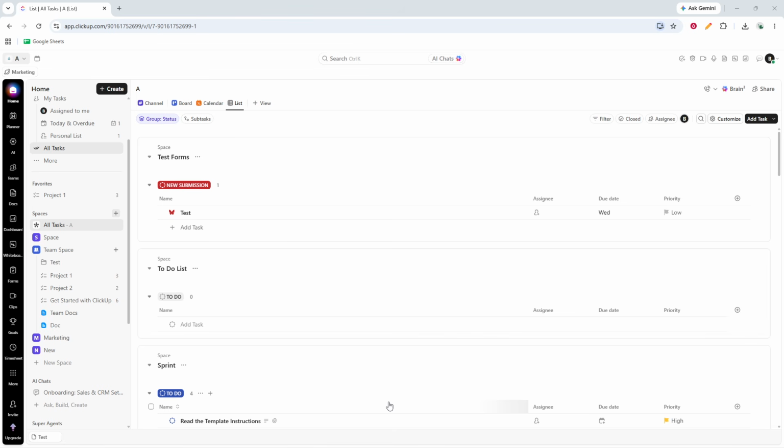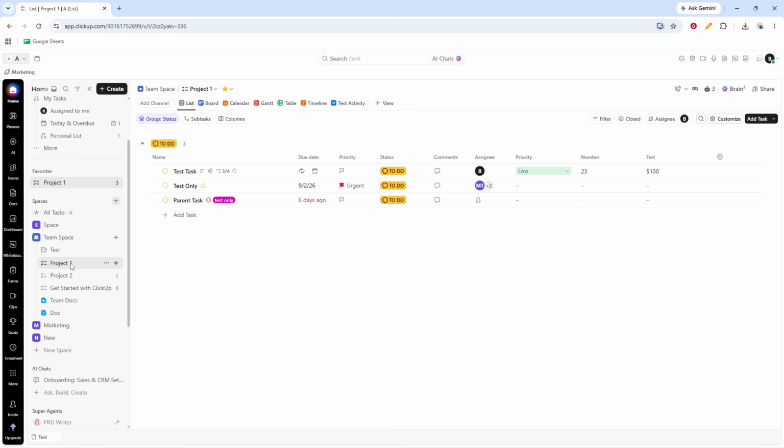of your workflow. To get started, open the space, folder or list where you want to create the custom field. You'll want to be in the specific location where that field should appear, since custom fields can be created based on the area you're working in. A good way to do this is to open a list or table view, because that makes the field easier to add and manage. Once you're in the right place, look toward the upper right corner of the task table